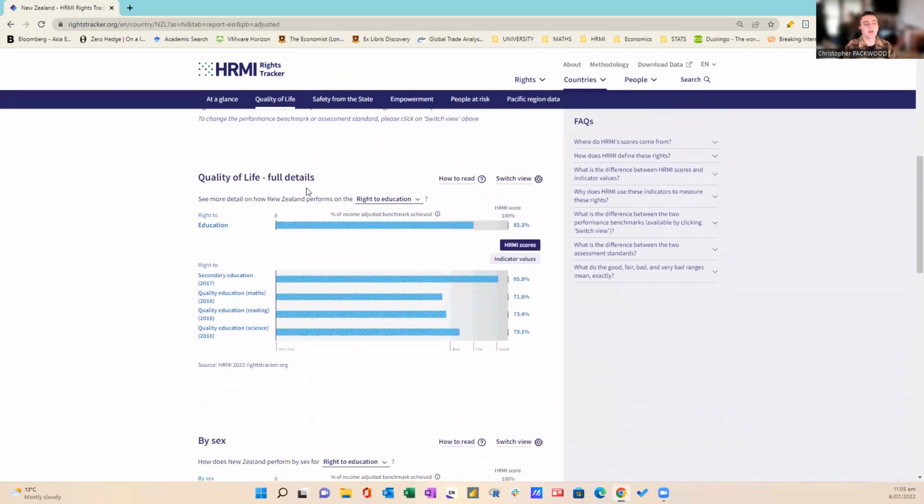If we scroll further down, we can break rights up into fuller details. So for instance, the right to education is actually made up of 4 other sub-rights. So the right to secondary education, quality of education for math, reading, and science. If we look at this overall score, we can see what's really dragging the score down is the quality of education in maths and reading, which New Zealand is only achieving 71.8%, and 73.4% of what is possible given its